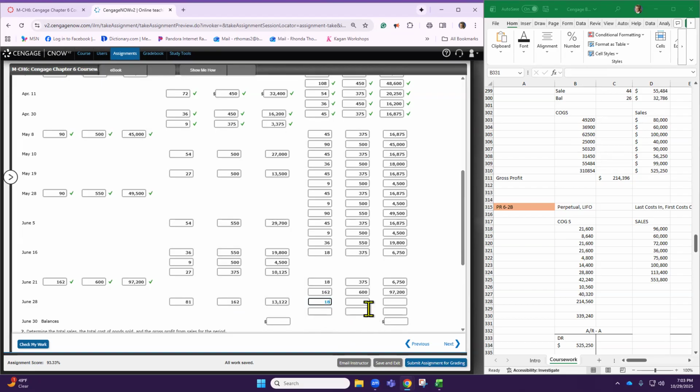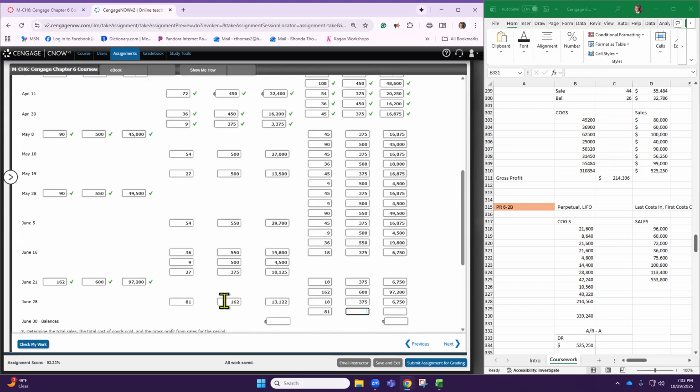Bring down the 18 units at 375. We still have some of those. Okay, and that's 6,750. And now we have 162 minus 81. Okay, 162 minus 81 leaves us with 81 at,